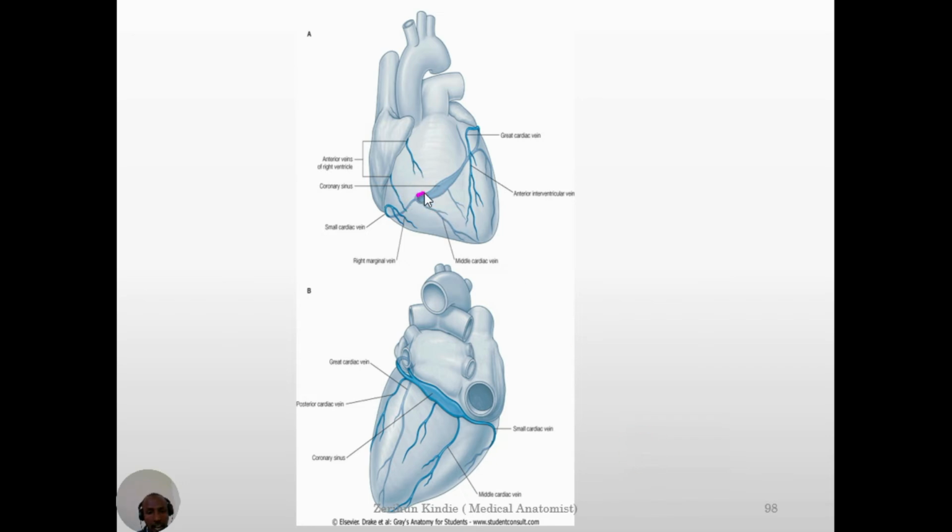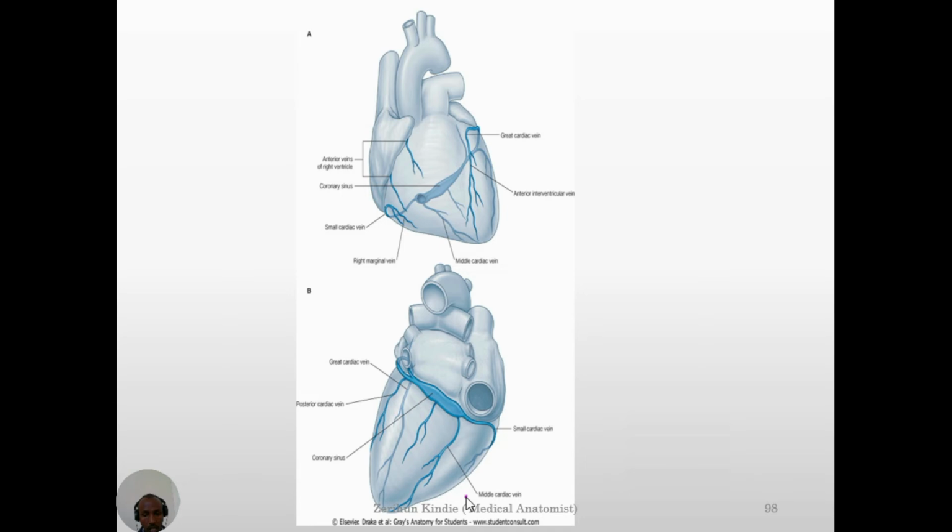This is a dilated coronary sinus. In this picture, this is a dilated coronary sinus, and it receives blood from the greater cardiac vein. Look, this is the greater cardiac vein. So this greater cardiac vein drains blood towards the coronary sinus, but the greater cardiac vein receives